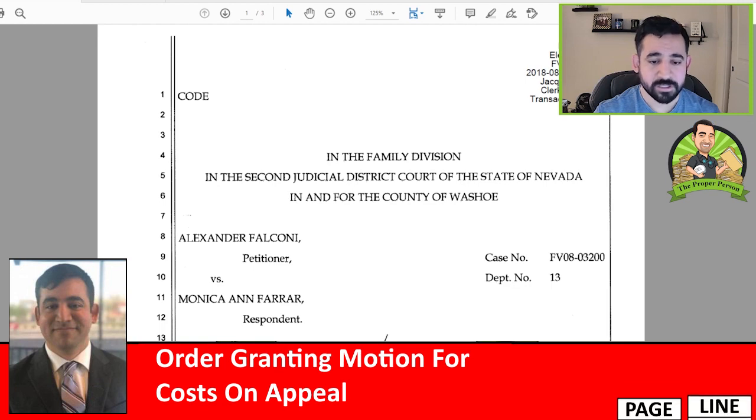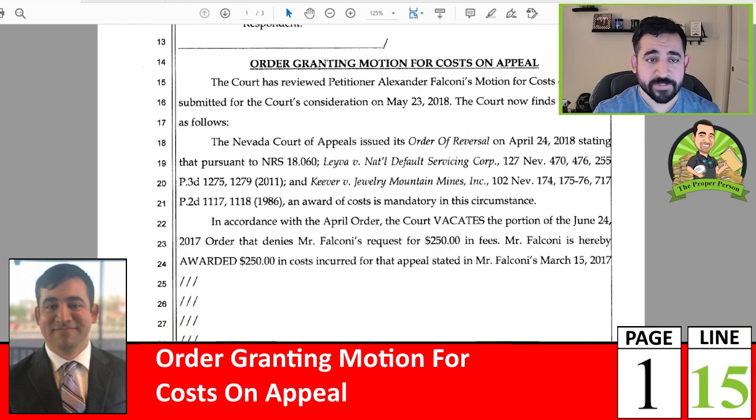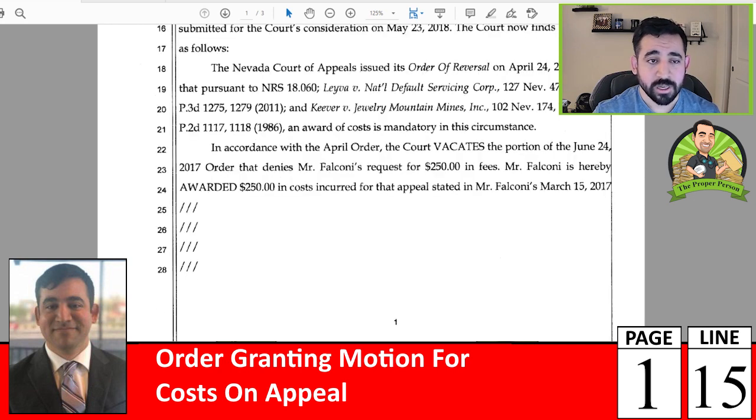Here we have the judge's order granting motion for costs on appeal. Standard introductory paragraph indicates the court's reviewed my motion for costs on appeal submitted to the court May 23rd, 2018, and orders as follows. Number one, first paragraph anyway, is the Nevada Court of Appeals issued its order of reversal on April 24th, 2018, stating that pursuant to the law, two cases, that an award of costs is mandatory in this circumstance. In accordance with the April order, the court vacates the portion of the June 24, 2017 order that